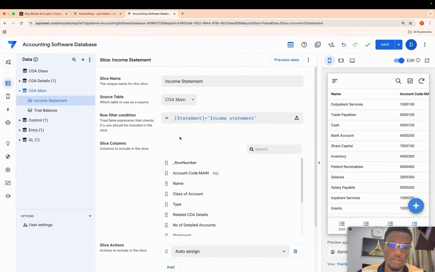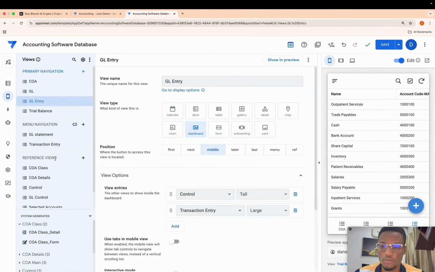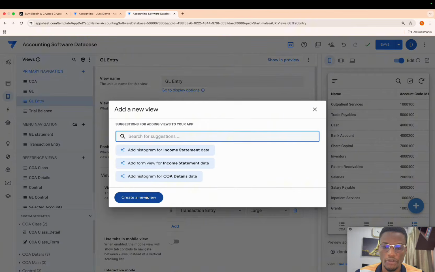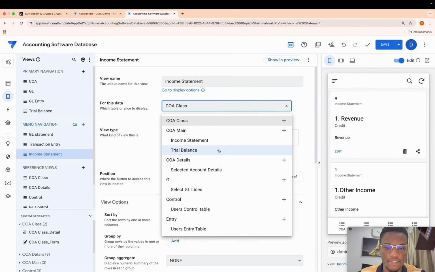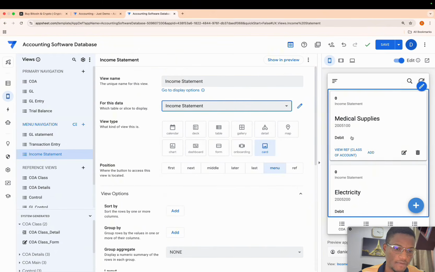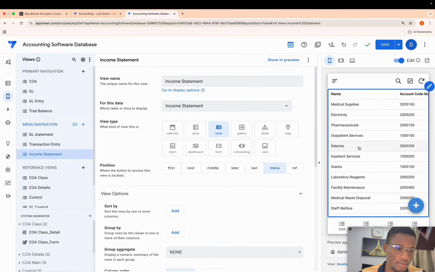Good. Okay, so if you create a view on this, it's going to make sure that the lines you're having for this view is just income statement line. The balance sheet lines will not show. So let's come here just to demonstrate this. Come create a new view on the menu. I'm going to call this income statement. And then I'll click here and I'll select income statement over here. Change this to table.